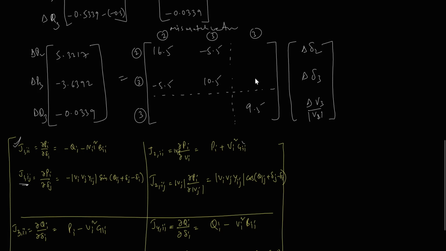So you have to be careful which formula you have to use. That is why I am explaining this very carefully. Writing these numbers is very, very important, so you can identify which are the diagonal entries and which are the off diagonal entries. For J2, if I calculate this diagonal entry first, then Pi plus Vi square Gii is the formula. So 3 3, i equals 3 3.